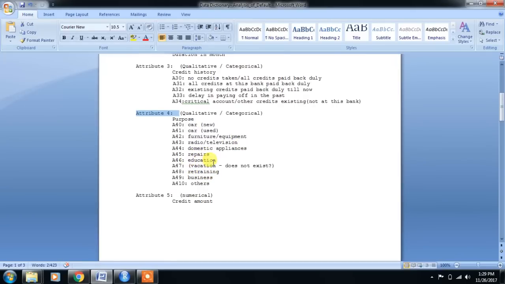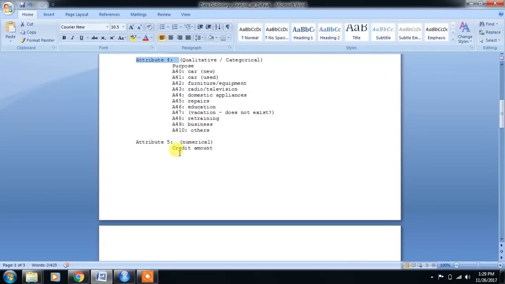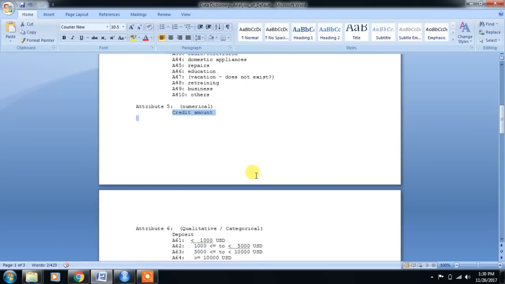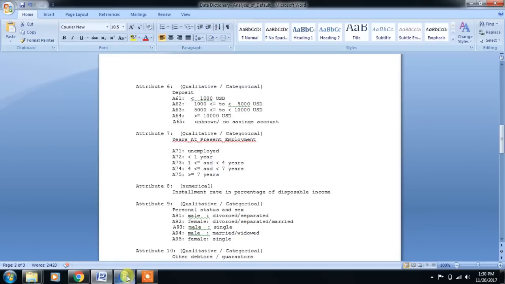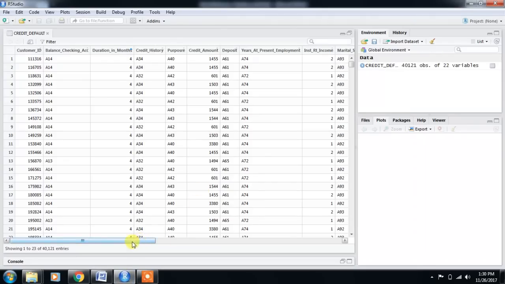For education, for furniture purchase, etc. Then attribute 5 is credit amount. We can check this data as well. This is the credit history, this is the purpose, this is the credit amount, it is numeric data.